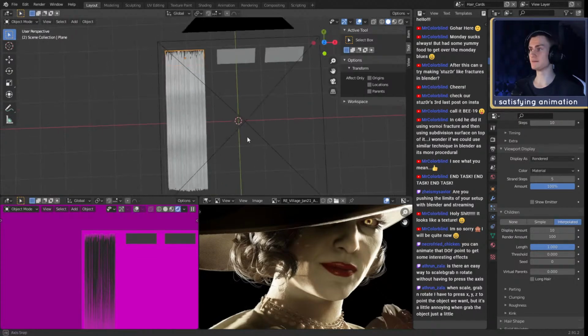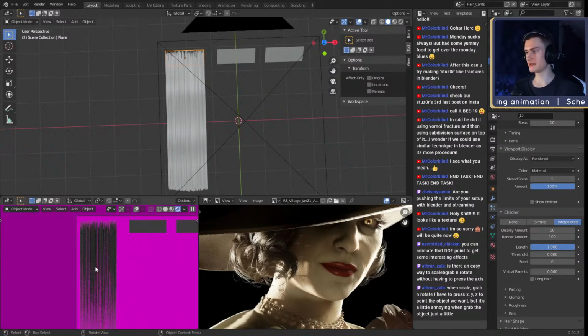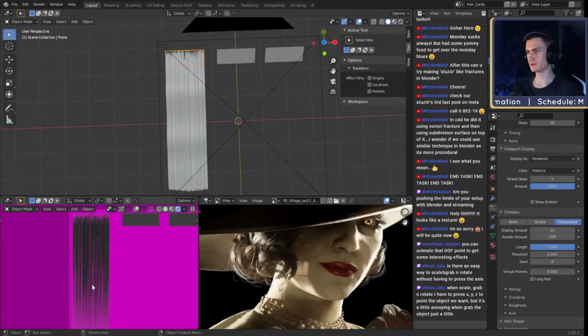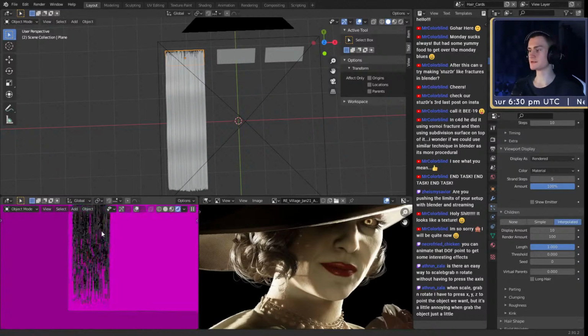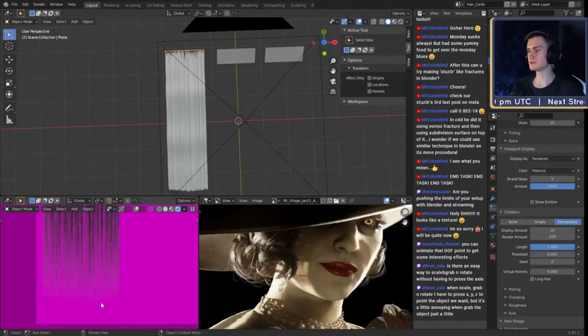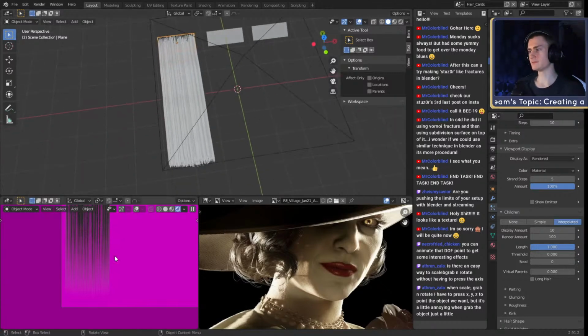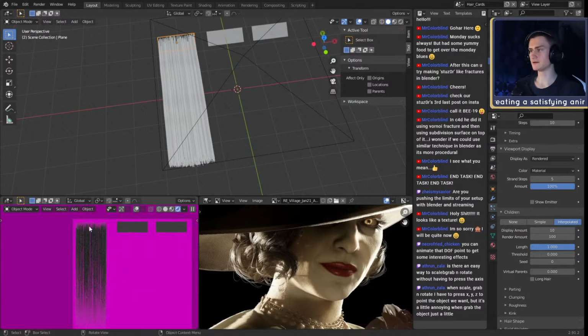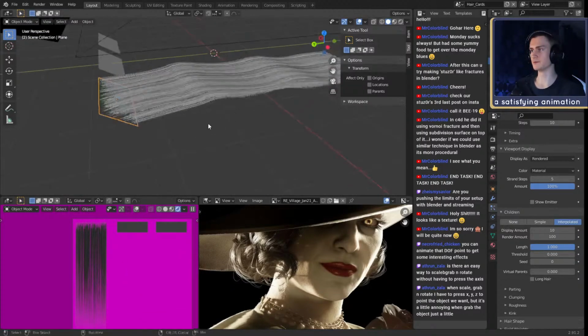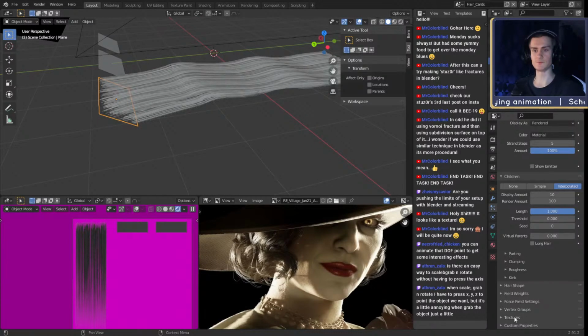We're still in the base layer, so we will adjust this. I'm probably not going to add more hairs to fill out the whole thing and make it not see-through. What I want to do though is reduce the amount of tapering, I think you call it, that the hair has right now. So I want them to be almost as thick at the end as they are at their roots.